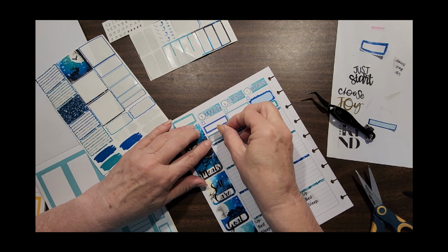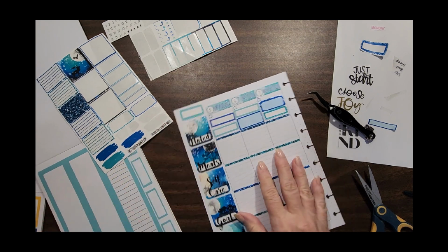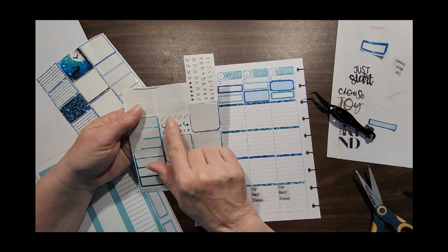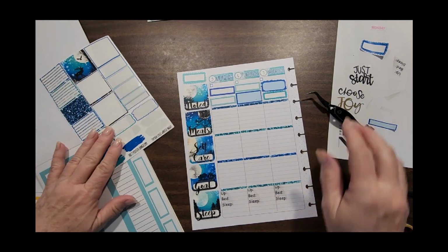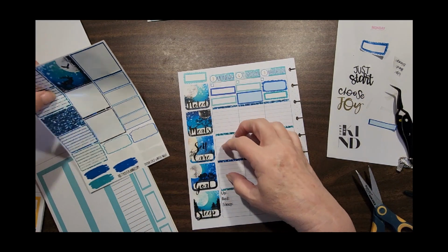And then, yep. And now I just have stars. I don't keep those, and the numbers, which I will save. Okay, so that's the noted section, all done. Now these two,